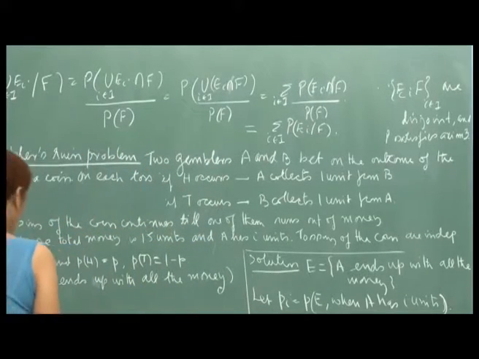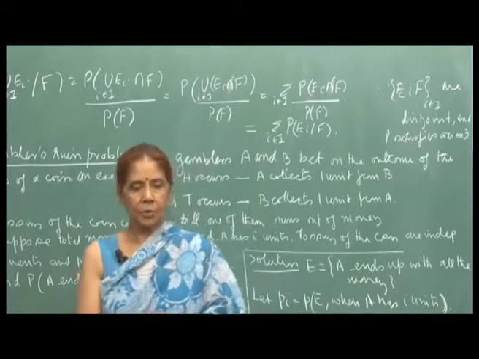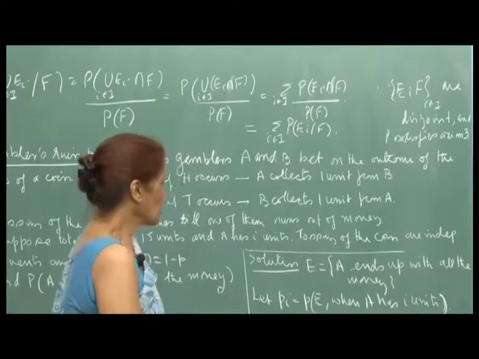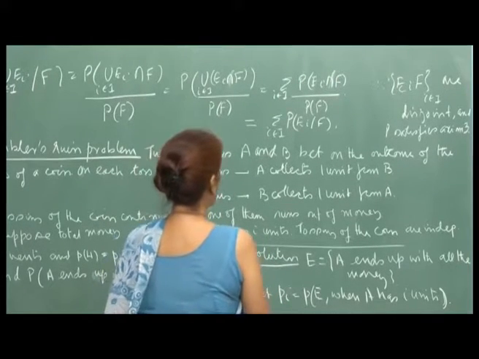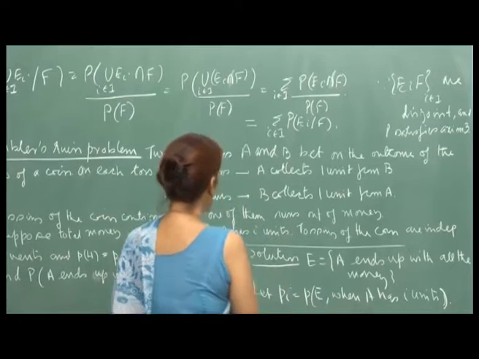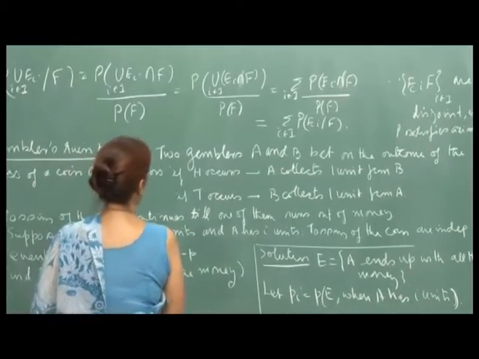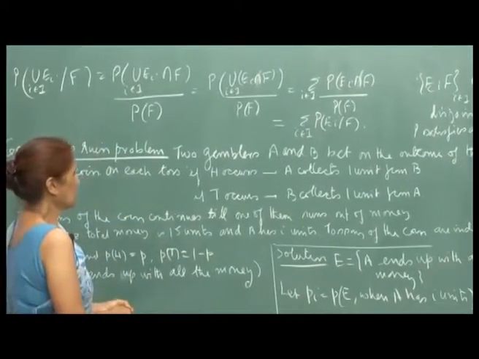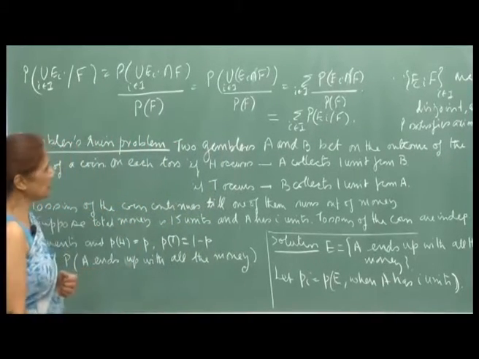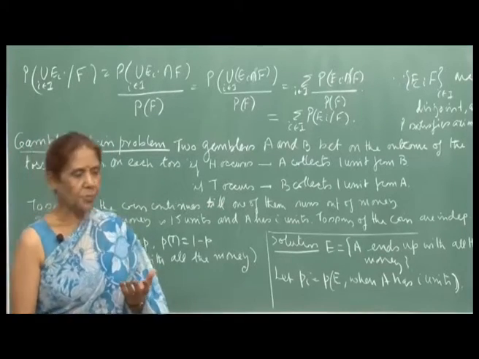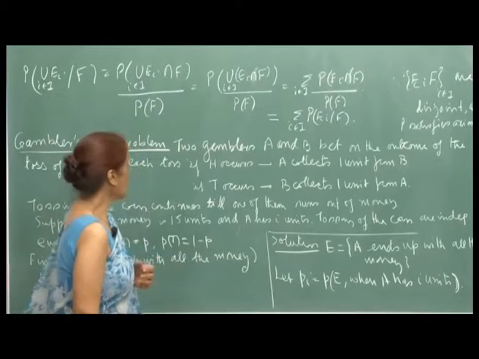Okay. Now, again I just want to continue working, because the conditional probability function is an important concept. So, again a little elaborated example that involves 2 gamblers. So, this problem would be coming after I define for you the conditional probability. Now, I want to discuss the gambler's ruin problem, which is an interesting example of the use of conditional probability. So, let us see, there are 2 gamblers A and B, and they bet on the outcome of the